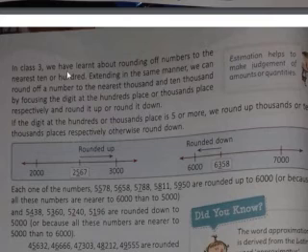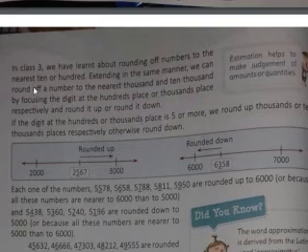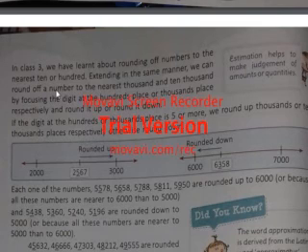Here it has also been said that you had read rounding of numbers in class 3. So in the 10th place we see the ones digit. If the ones digit is 5 or more, then we add 1 to the 10th place, that is rounding up. And when it is less than 5 in the ones place, then we do not add anything to the 10th place and simply the ones place becomes 0, that is rounding down.